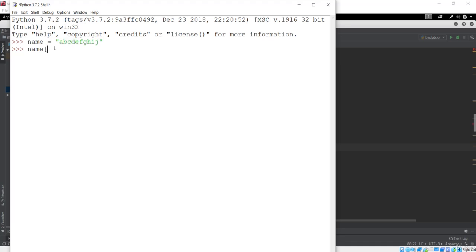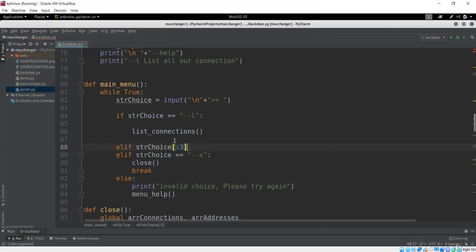So first of all I'll just put 1 because I want to go from B. I'll put the colon, and I have to go from B to D, that means I have to count till D now. So B is at 1, C is at 2, D is 3, but we don't have to put 3 here, we have to put 4 because we have to include one more, because this is not an inclusion position, this is an exclusion position. So instead of just 3, because we want to include this letter which is at position 3, you have to put here 4. If I do this, then you will get BCD. So this is your slicing technique.